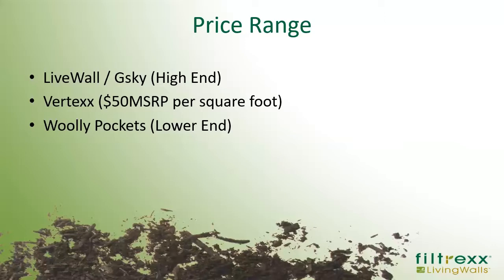As you all know, living wall systems can get up to $100, $150 a square foot with all those costs. But our out the door product costs, so basically all you have to do is install it. You need to come with labor and plants, but everything else is taken care of for MSRP of around $50 a square foot. And then Woolly Pockets, they're kind of a residential lower end system, which basically is just some